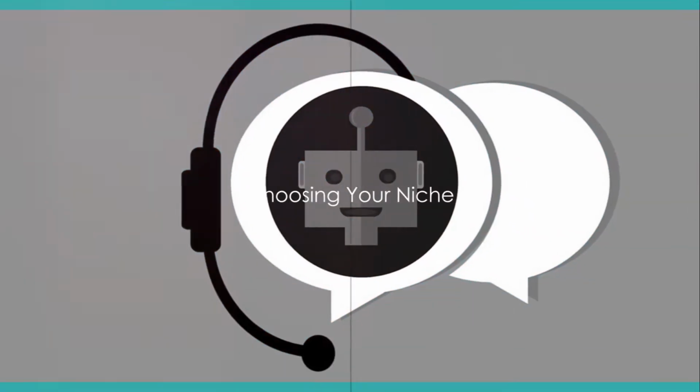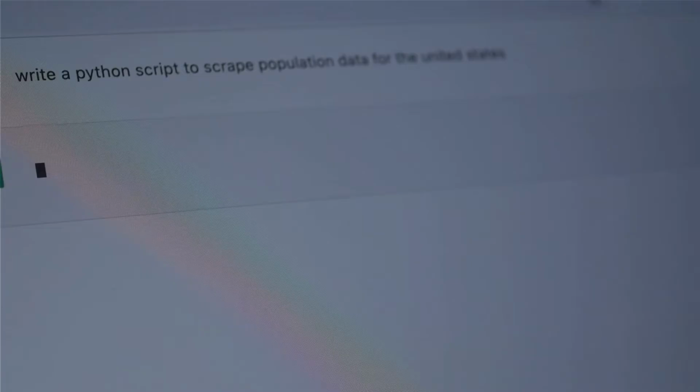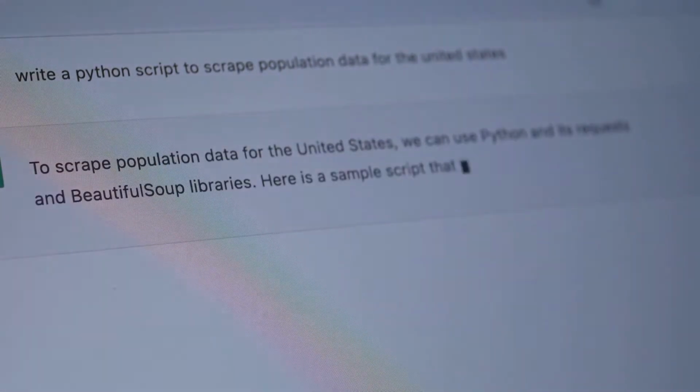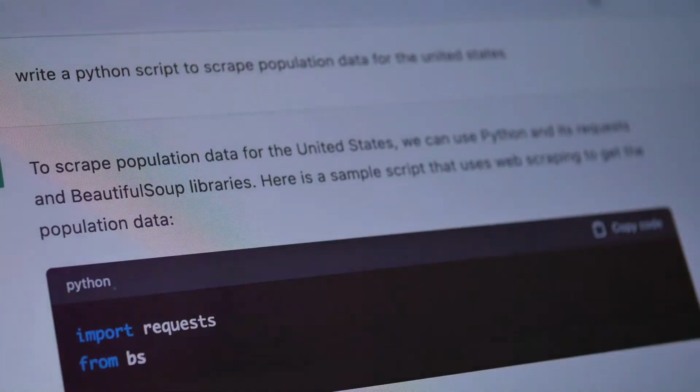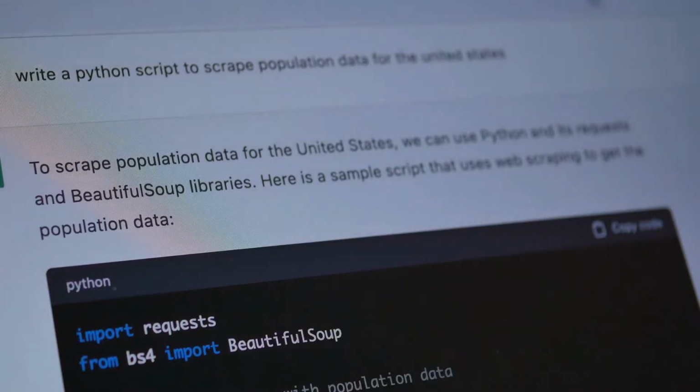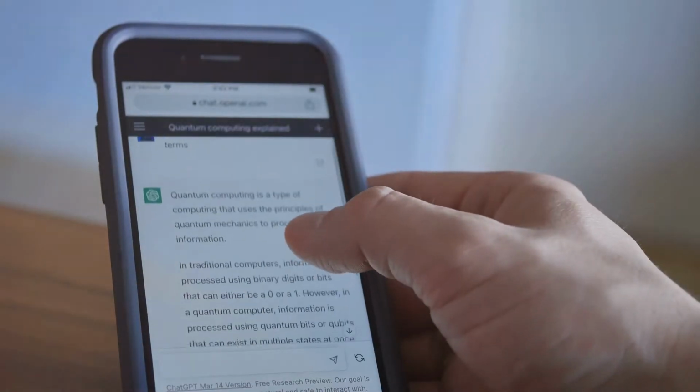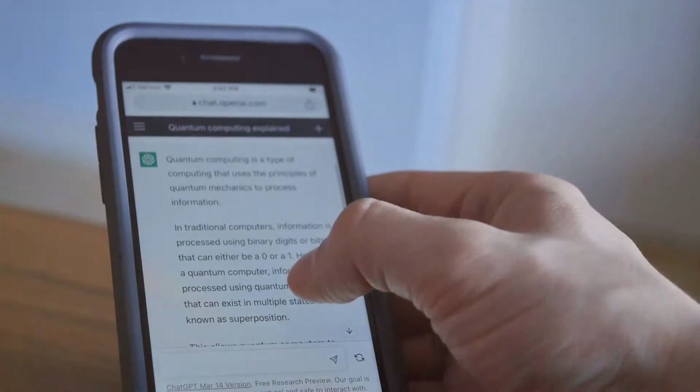Next, you need to select a niche where ChatGPT can provide benefits. Now, this is crucial. You need to align your choice with what ChatGPT is capable of. This alignment will help you provide maximum value to your users. So where can ChatGPT really shine? Well, consider industries that rely heavily on language processing. Content generation is an obvious choice.